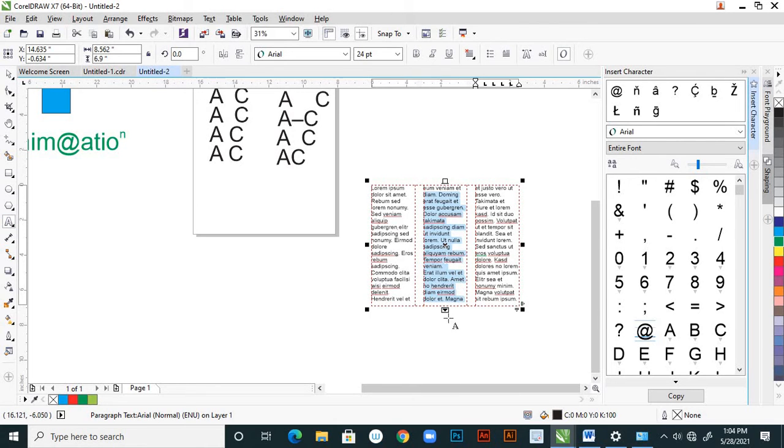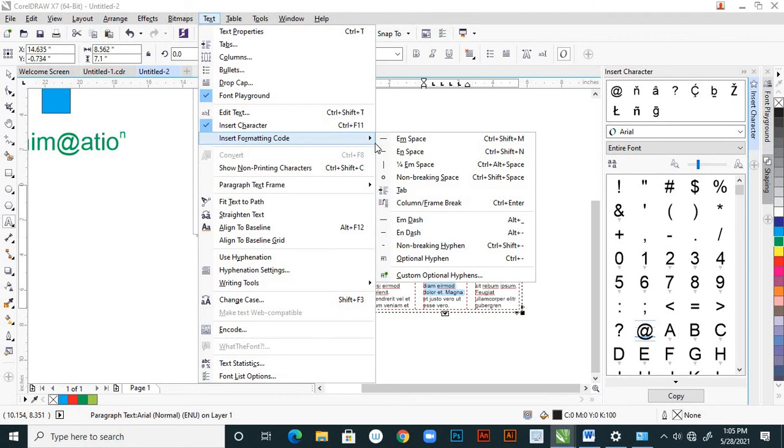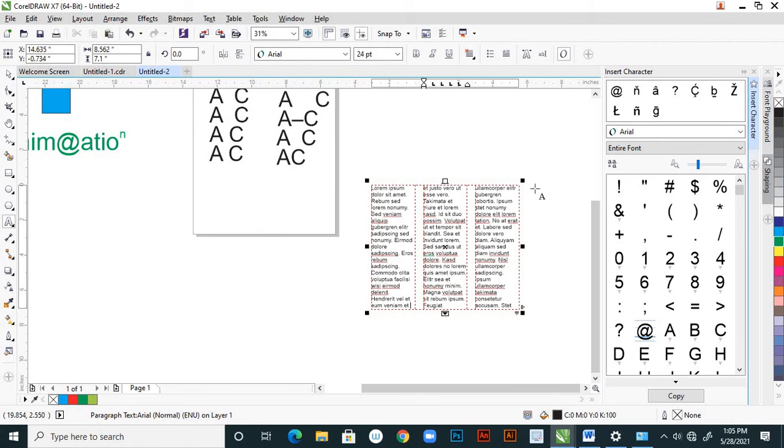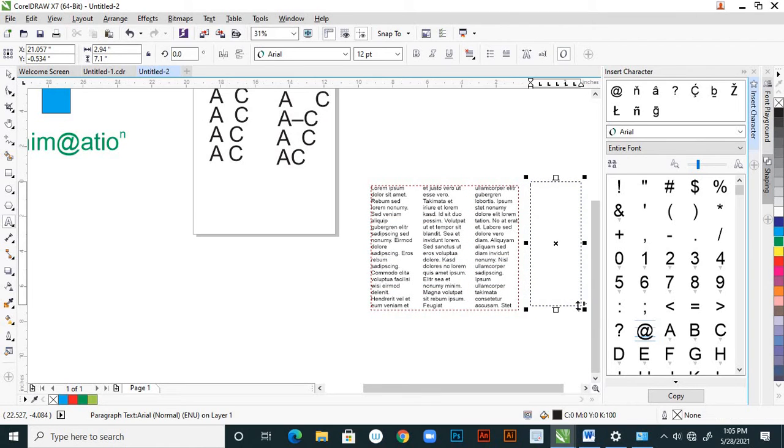I'm selecting this one, and here you can click here, right? And if you apply this column frame break, right? So it is breaking the column, right? And that text is already broken there.